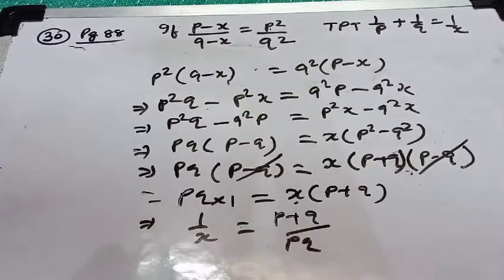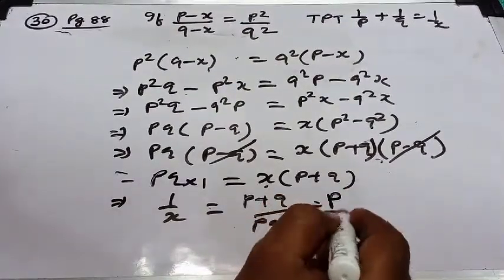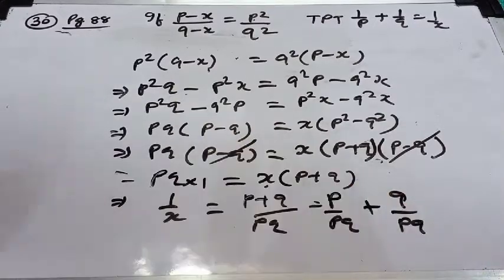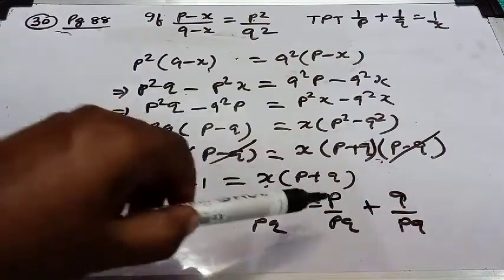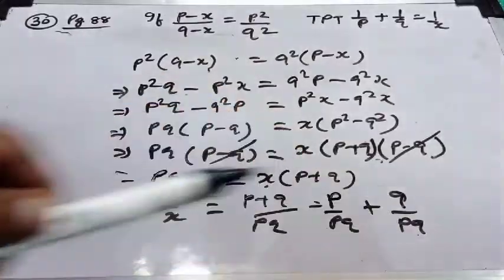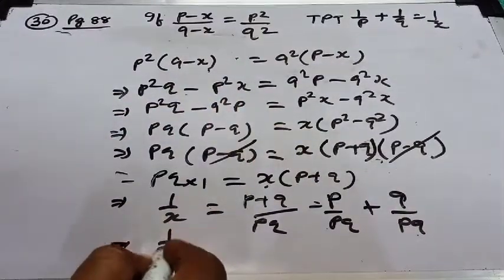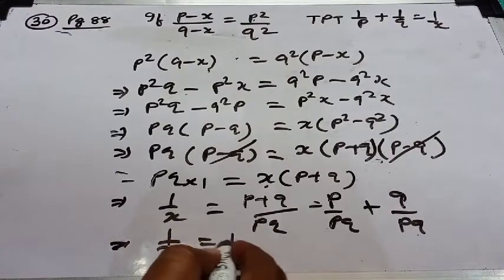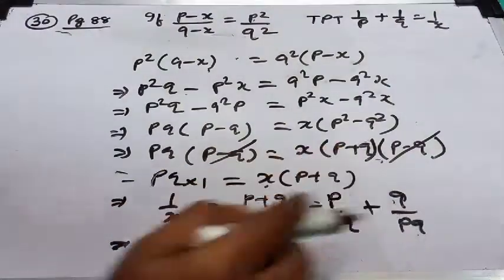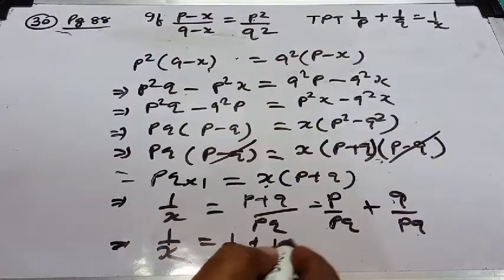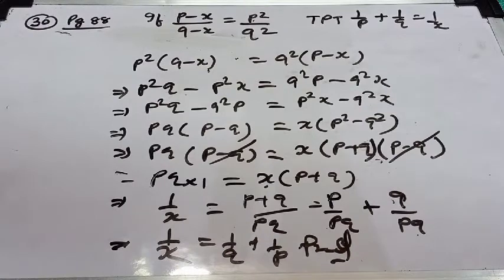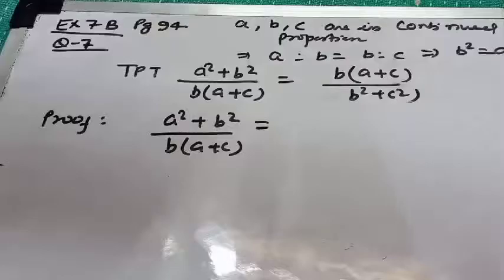So individually P will be divided by PQ and Q will be also divided by PQ. So what is going to cancel? This P is cancelling this P and this Q is cancelling Q. So your result will come out as 1 by X. From here what is left? P and P cancel, that is equal to 1 by Q. Here Q and Q is cancelled, so what is left? 1 by P. And that was to be proved. So your answer has come out 1 by X is equal to 1 by Q plus 1 by P. That is also equivalent to 1 by P plus 1 by Q.